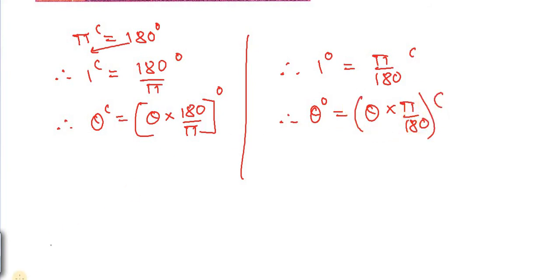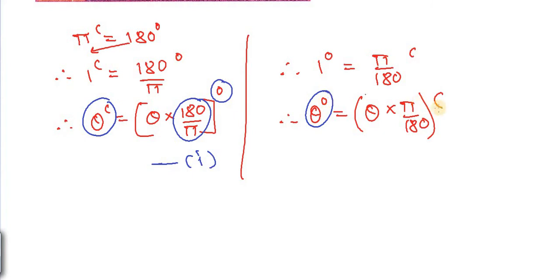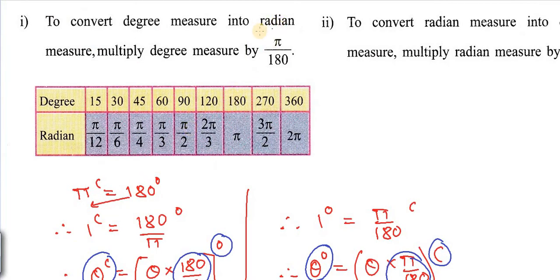Now can you see the transformations over here? In first case, that is equation number 1, I have converted angle in radian into angle in degree, and for that we have to multiply the angle by 180 by pi, always remember. And in second case, we have transformed the angle in degree into radian, and for that we have multiplied the given angle in degree by pi by 180. So these are the conversion formulae for angle into radian measure and into degree measure.